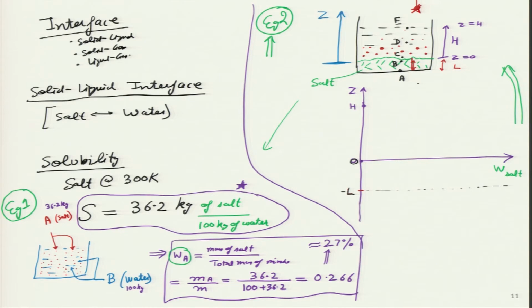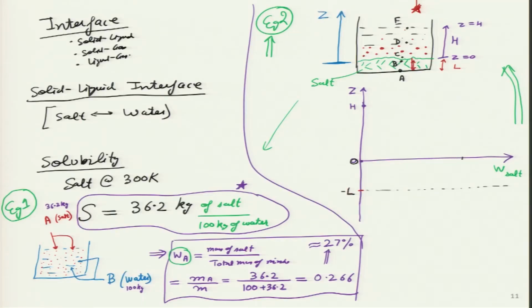But what is the value of W salt at point A? W stands for mass fraction. So, the mass fraction of salt at the bottom of the container where everything is salt. If I am standing at the bottom of the container, I look left, right, everywhere there is salt, there is no water there, it is solid salt, which means the mass fraction of salt there is 1, is it not? So, let me put a y axis over here. Let me call this point 1, which means I am on this line also, which means I am at the intersection of these two lines. This is the point I am at. Is it clear that this is point A?